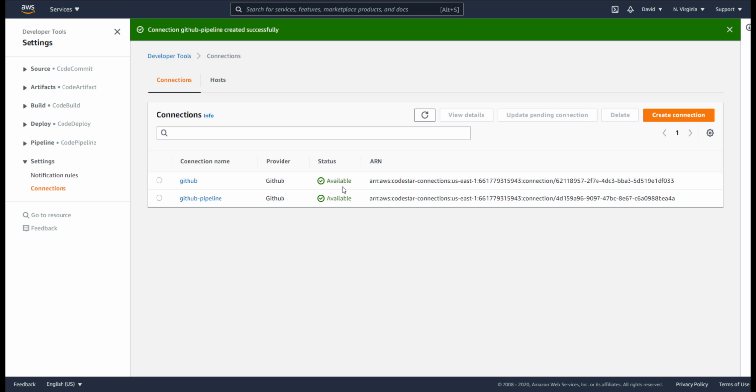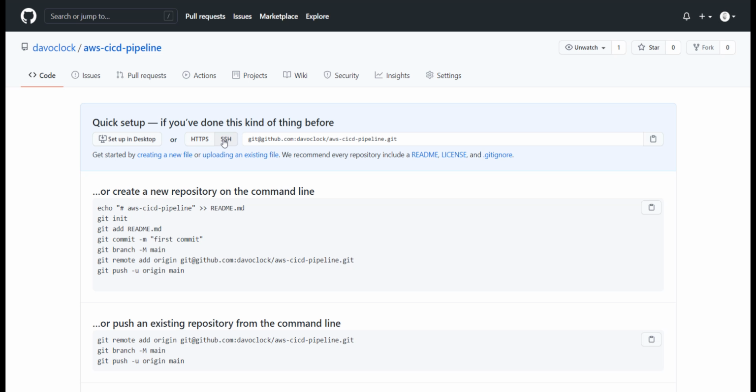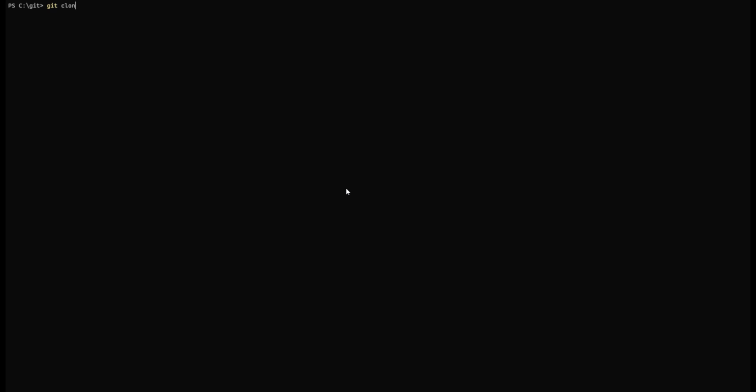Actually, we'll need to record the ARN, the full ARN. And finally, we will want to set up our dev environment. So what we'll need to do here is go to our GitHub repository and then clone our new project into